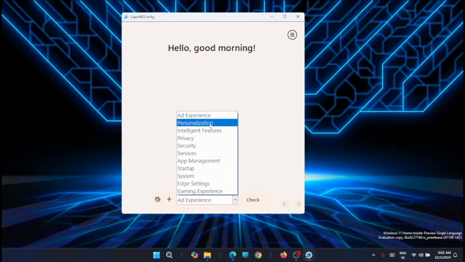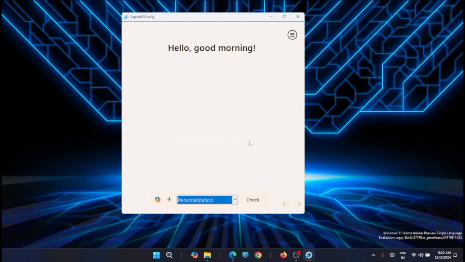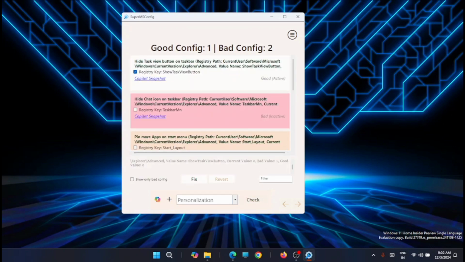For example, I'm selecting Personalization and just clicking on Check. Now here you can see the result: there is one good config and the bad config is two. The good config settings are those that you do not need to change, while the bad config settings need to be configured. Inactive settings appear in red, while unconfigured settings appear in yellow,